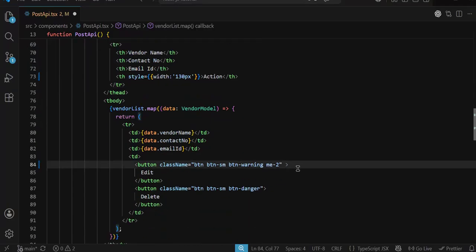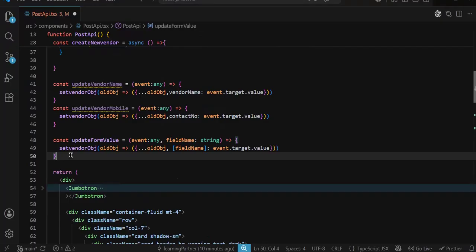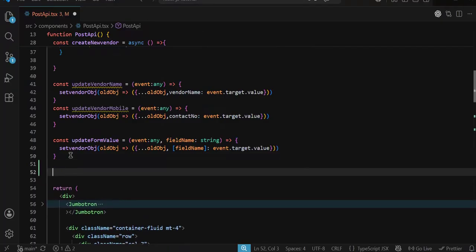Over here, you will write an onClick function, round brackets, arrow function, because we are going to pass the data. So onEdit, and here you will pass this particular object. See, whatever object you are currently iterating, that object you are passing as a parameter. Let's create this function. In the GET API itself you are getting the whole data, so no need to call another API to get the whole record. We can do that also, but in the GET API you are getting all the data, whatever you have in the vendor object. So const onEdit